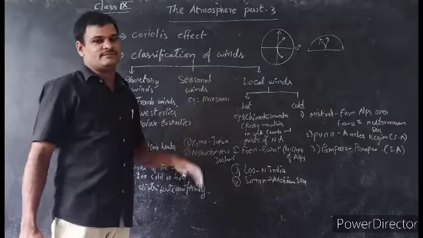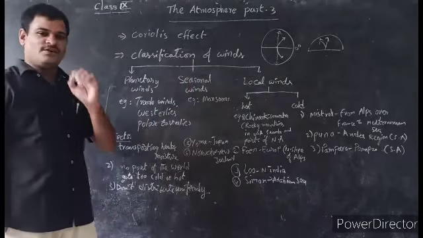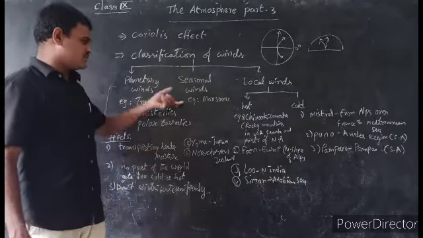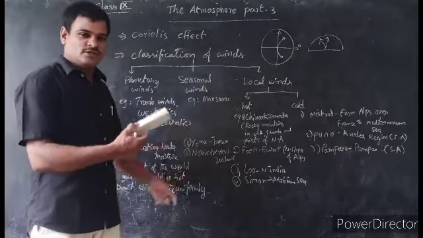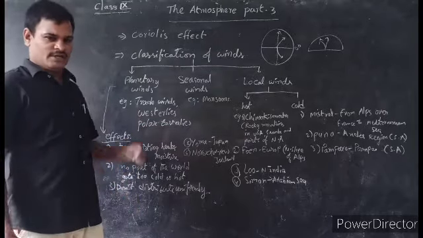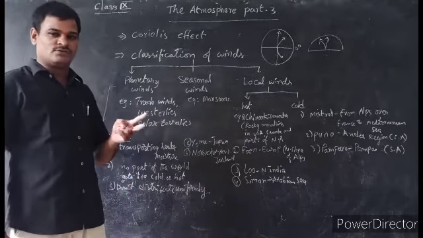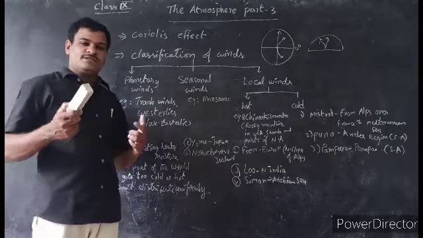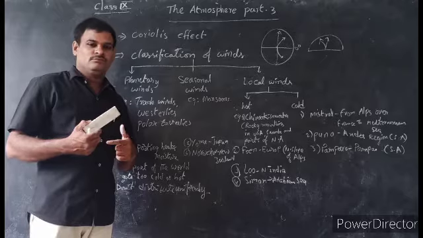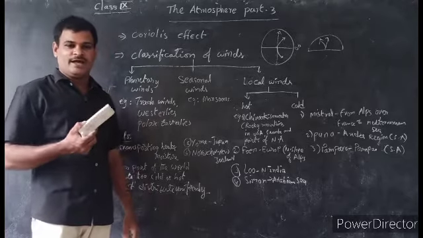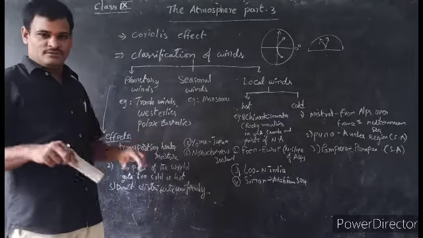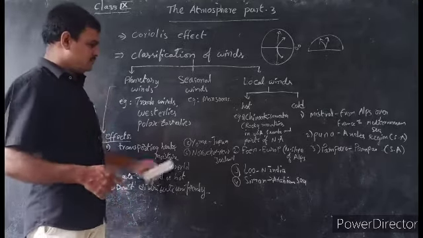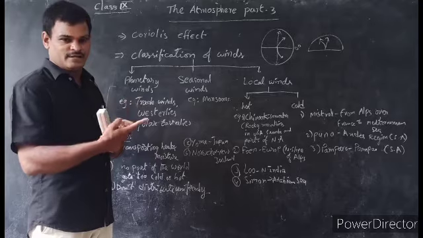Second, seasonal winds. The best example of seasonal winds is monsoons, which is very important. About this also we learned in the previous lesson. In our country there are southwest monsoons and northeast monsoons. Because of the variation of pressure belts between places, meaning central India and the surrounding Indian Ocean, the pressure belts alternately change. Then based on that, these winds also change their direction.